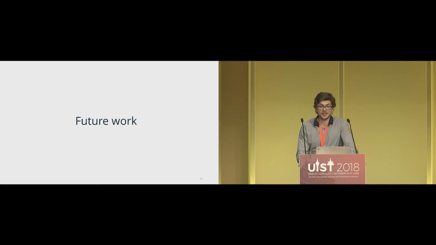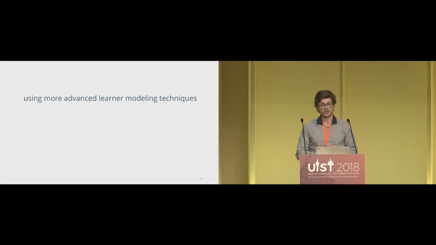Overall, our findings suggest that the approach of using real data and analyzing it in real time for assisting in-person workshops is quite promising. And we also uncovered some directions for future work. For example, one direction is using more advanced learning modeling techniques. Because our approach used quite basic heuristics, which were based on the command sequences, which worked pretty good. But one can imagine that a richer model of a student could help making more accurate predictions and more accurate suggestions. And this more accurate suggestion mechanism could actually reduce the cognitive load, which I've been talking about.